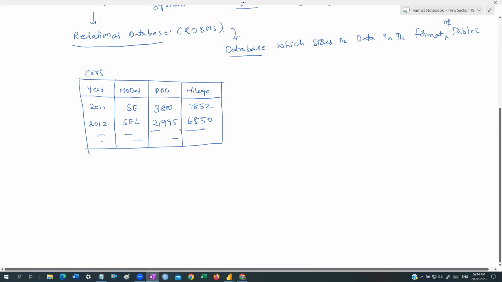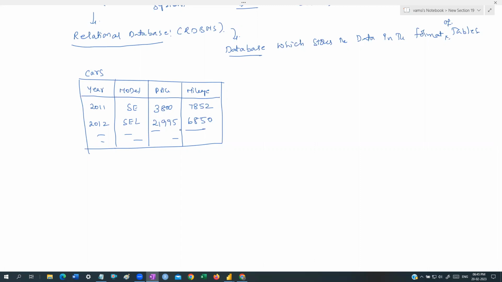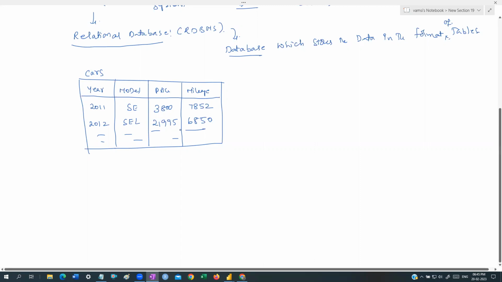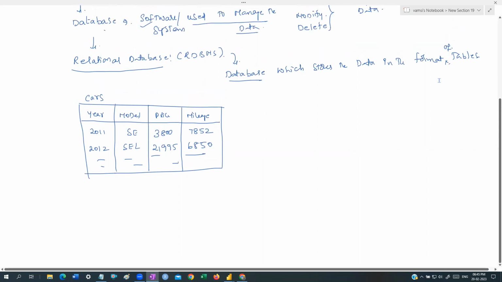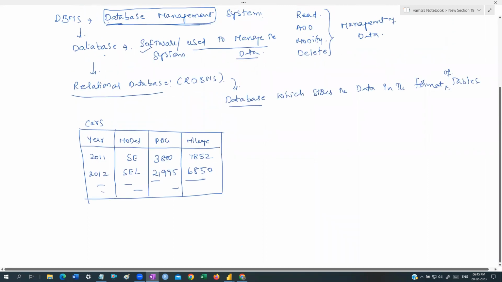So it's not only for storing. Today you store the data, tomorrow you can add some new data. We can modify, we can delete, anything you can do, guys. So a relational database is nothing but a database which stores the data in the format of tables, and these are called RDBMS. Now, for examples of RDBMS, so many are there,